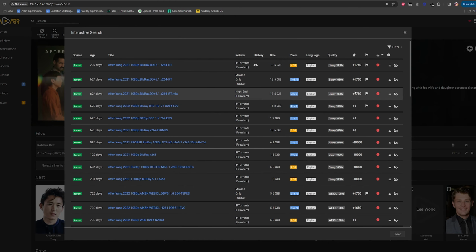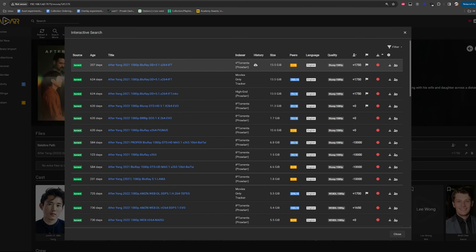So this is another beautiful example where it will grab it from BitTorrents. Let's say it's not on BitTorrents, then it will definitely grab it from movies only, and then high end. But remember, if the high end one does end up having it, because sometimes a lot of these movies only trackers will have internal groups from high end as part of its website, right? People are sharing back and forth to people who aren't on both sites.